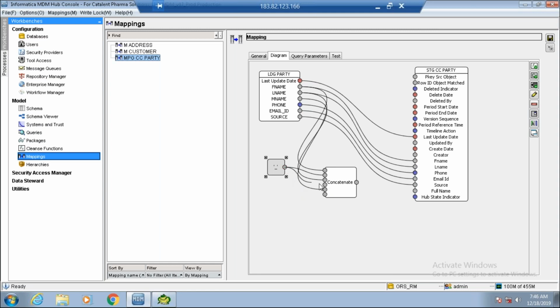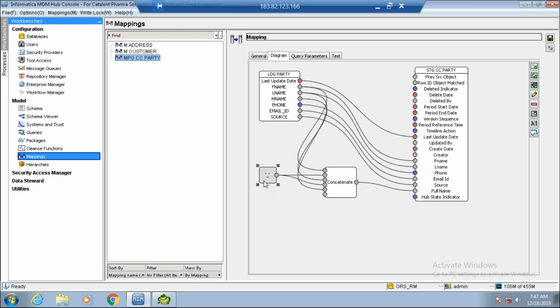So I have added one constant here and another constant here. What does this do? As an output in the full name, it will have first name underscore middle name underscore last name. Did you understand this? It is very easy. I'm concatenating and adding an underscore in between. You can add anything, whatever you want. If you want, you can add a space. Right now, I do not want any space, so I added an underscore.